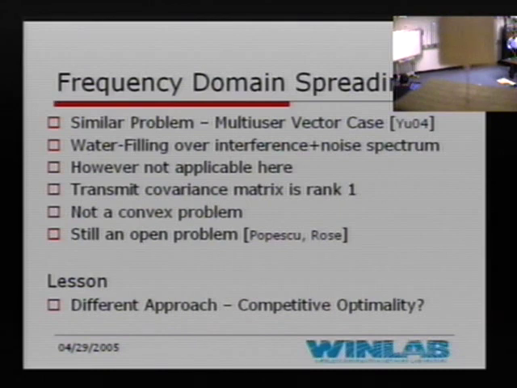Another way to answer that question would be, when they put the same symbol in different sub-channels, what was the basic motivation? That was one of diversity. I want diversity again. And the cases we have considered till now are where the transmitter has perfect knowledge of the channel state. We know that if that is the case, diversity doesn't really buy anything. So all that advantage would potentially show up when the transmitter doesn't know. But for this case, it's much better to transmit different symbols in different subcarriers. So the different approach would be to consider some competitive optimality and some game theoretic considerations. People like Farad, who gave a talk here, address similar problems but from a different optimization metric.